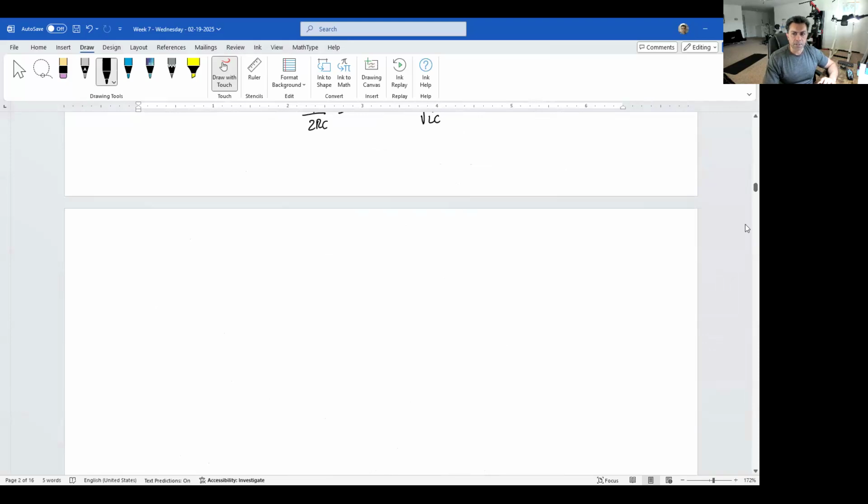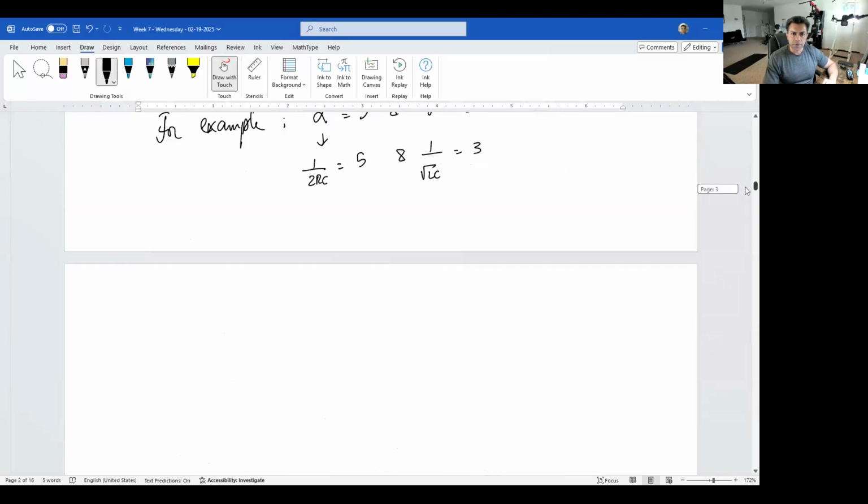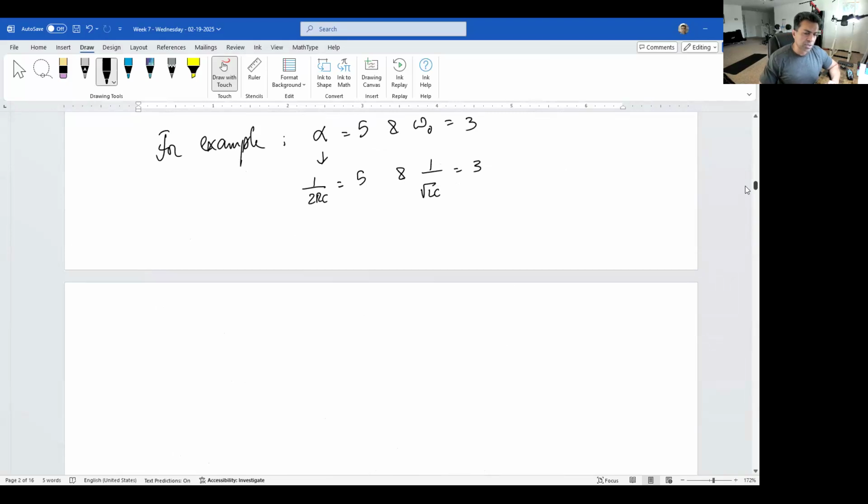I have written the code and I use it all the time, of course, because I'm not going to start punching in the numbers every time I'm solving this problem. I just give R and C, and then it gives me all those values that I use when I'm solving the circuit. So anyways, going back to this, if alpha is 5, omega naught is 3, then S1 is going to be